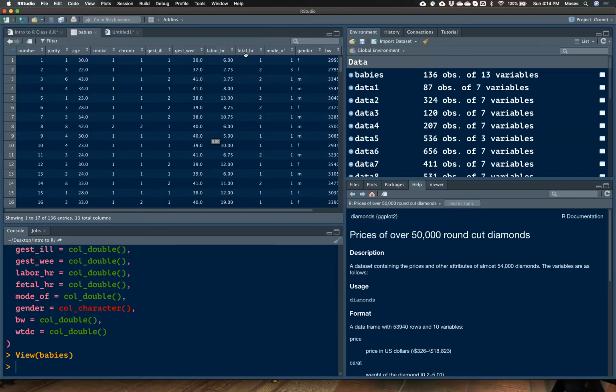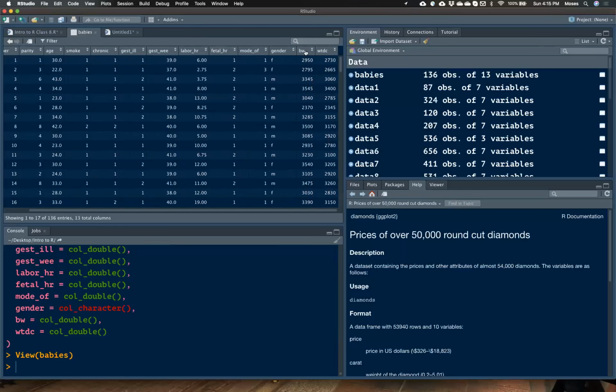Then these were labor hours, the fetal hours, then the mode of delivery. And then this is the gender of the baby that was born, the birth weight, and then the weight of the baby at discharge. So this is the data set, but our concentration will only be